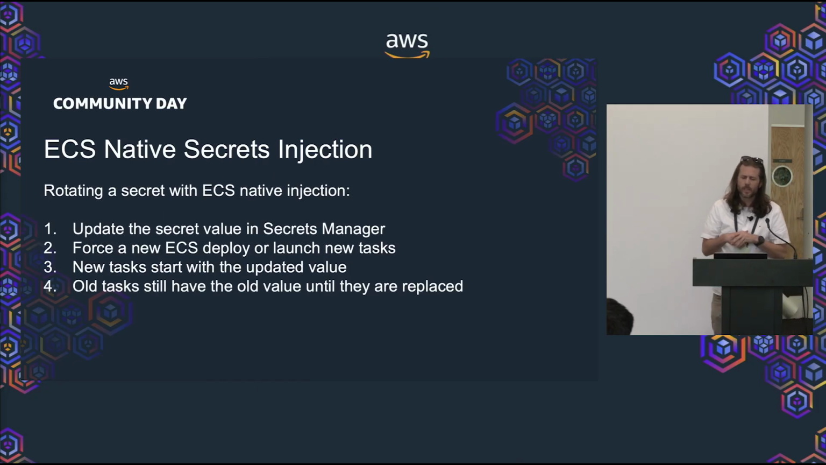All right, what does rotating a secret look like in this manner? Well, you update the secret value in Secrets Manager or Parameter Store, wherever you're keeping it. Then you force a new deployment. A few different ways to do this. But the key